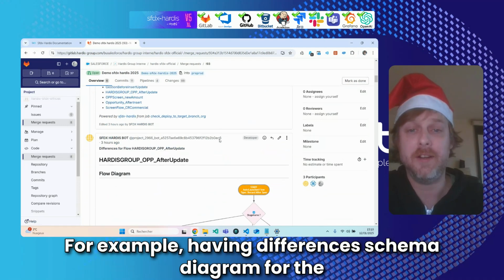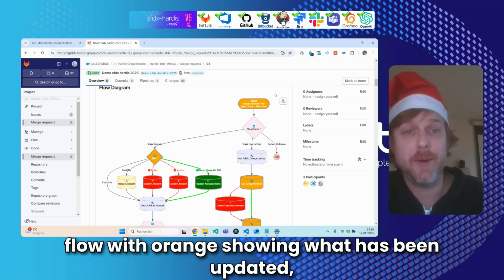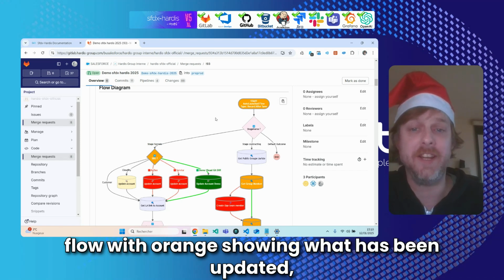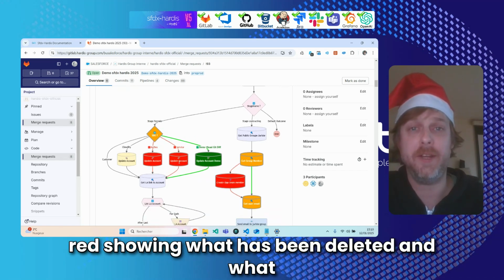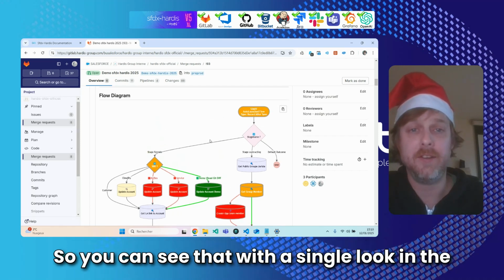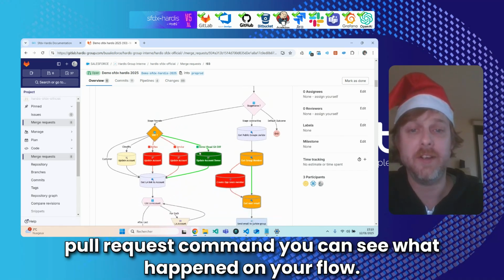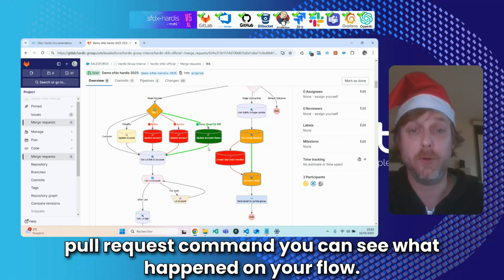For example, having a differences diagram for the flow, with orange showing what has been updated, red showing what has been deleted, and green showing what has been added. So you can see that with a single look in a pull request comment, you can see what happened to your flow.